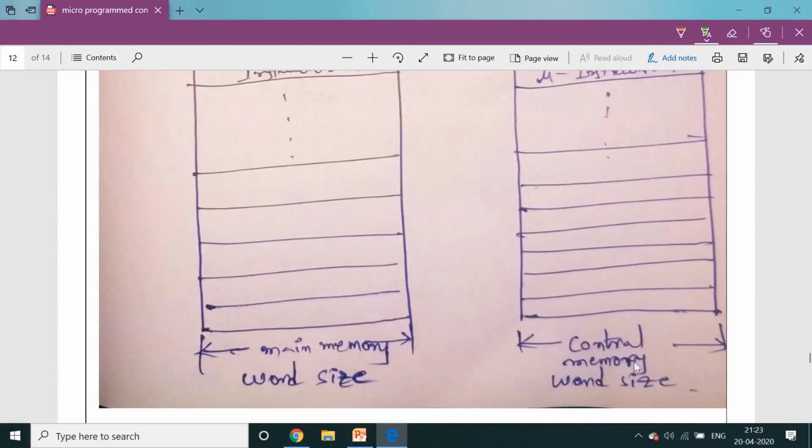Same as control memory, the same procedure, this word size is varied. In our configuration, that means the microprogrammed control sequence, the actual microprogram length is 20 bits. So a 20-bit word size is there for the control memory, that means the micro instruction range or micro instruction size.